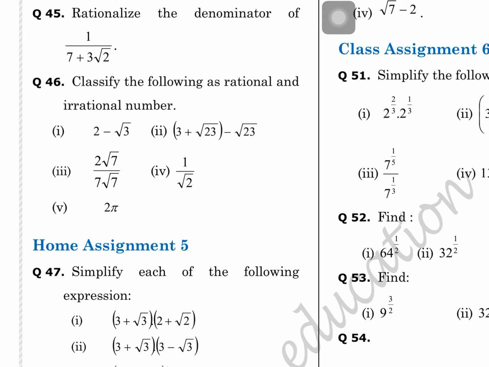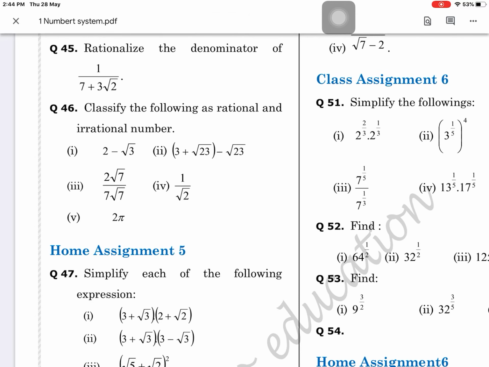1 by root 7 is also there, root 2, and the fifth question is also 2 pi. 2 pi is rational into irrational. If pi is rational, then 2 into that is rational. If pi is irrational, then it shall be irrational. So what is this, irrational or rational? Just tell me, guys. Last time I gave you the questions to search that. If you have searched the answer as irrational, then the product is irrational. And if you have searched the answer as rational pi, then it is rational. Is that clear? Has everybody understood?